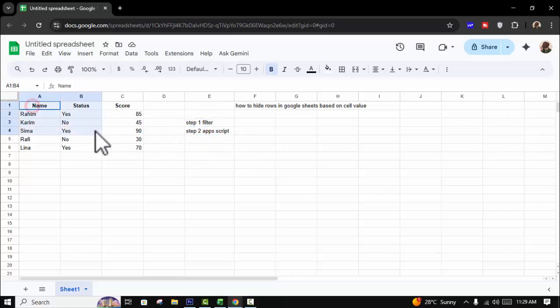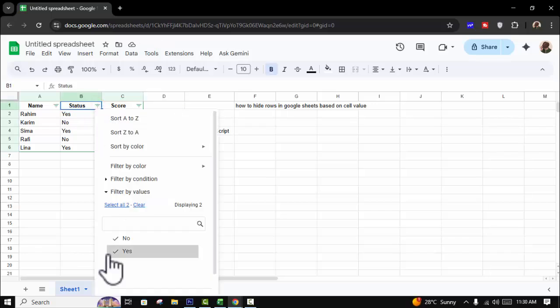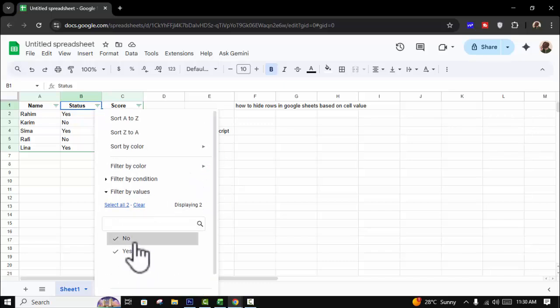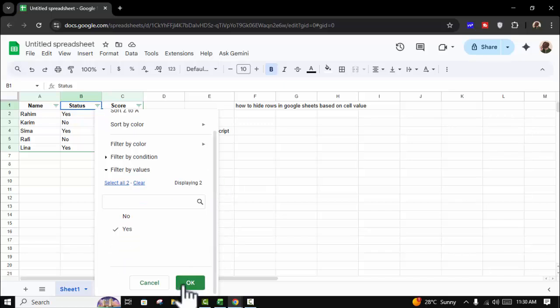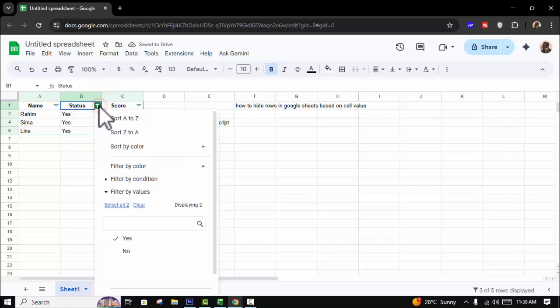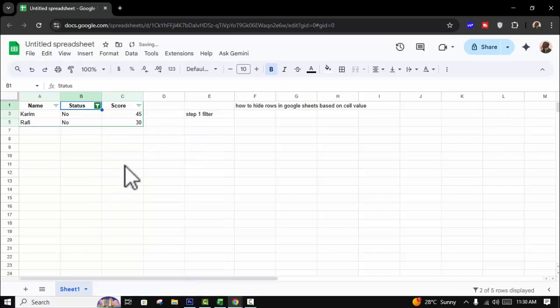Apply step 1: select your table with headers, go to the Data tab, create a filter, and now click this drop-down menu, select yes or no. For example, select yes, and without no, click OK. Again, use no, click OK. And step 2,